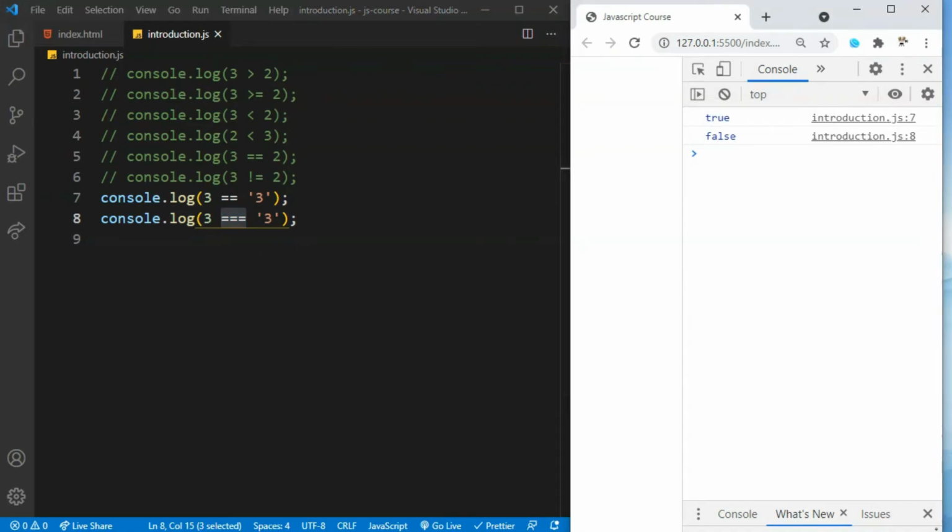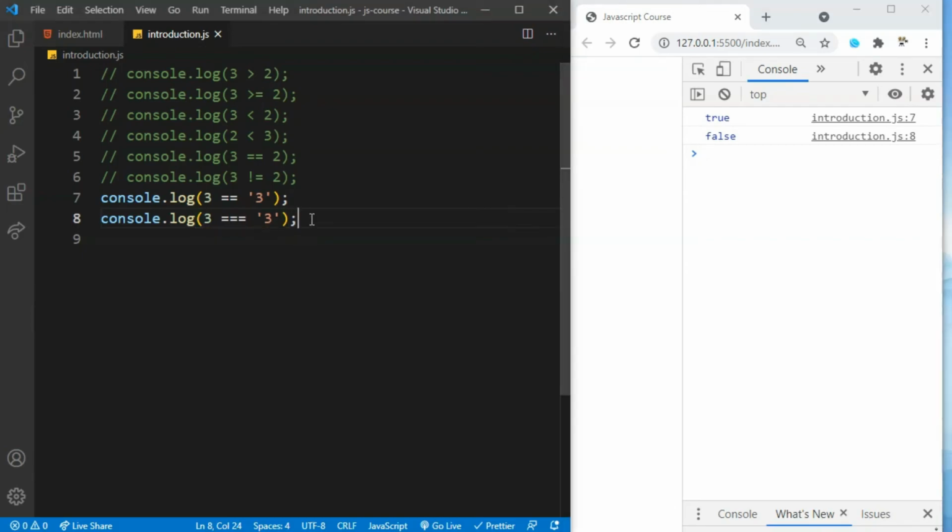Why is that? Can anyone tell me in the comment section? Pause the video and comment. Were you successful? So let me tell you. Double equals to is going to compare the values only. Here is also 3, here is also 3, so they are true. But triple equals to is going to compare the values along with the data type. This 3 has the data type number, but this one is a string. Although they have the same value, it's gonna fail at the data type. So that's why it is returning false.